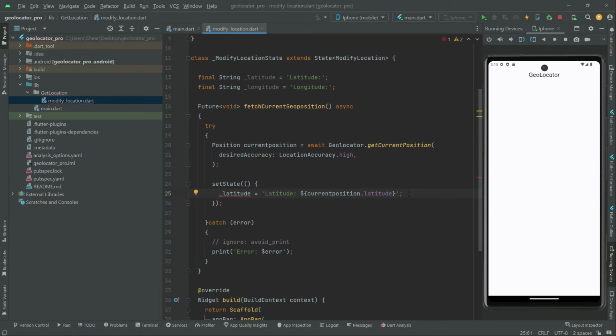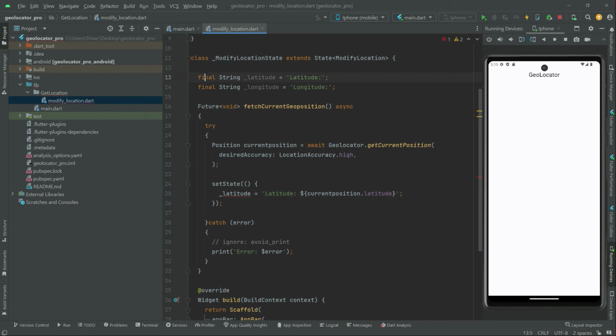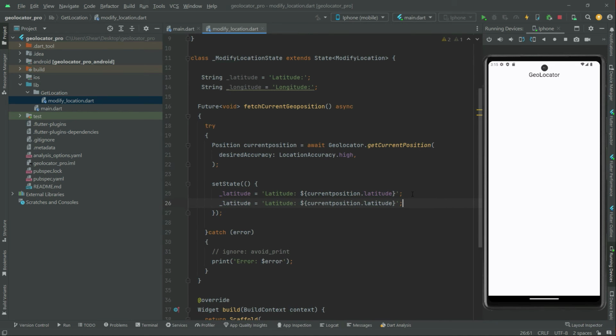So in here you guys can see that error because the value is going to be changed then, and we already set this as final right in here. So we have to just remove that from here since the value will be changed, and you guys can see the error has gone now. Now right after that I'll just copy that for time saving, and down below in here paste it. We will just change this to the longitude. As you guys can see the suggestion, and from here I'll just remove that and we'll have the longitude in here,